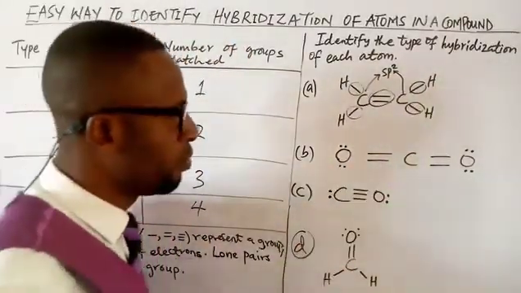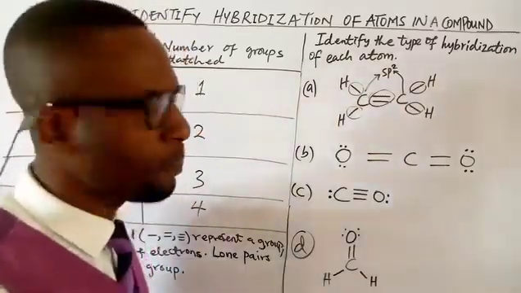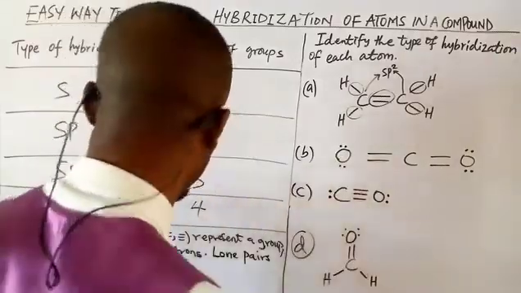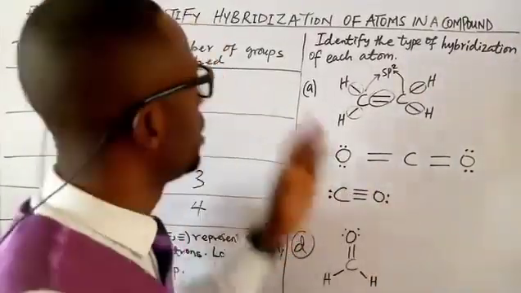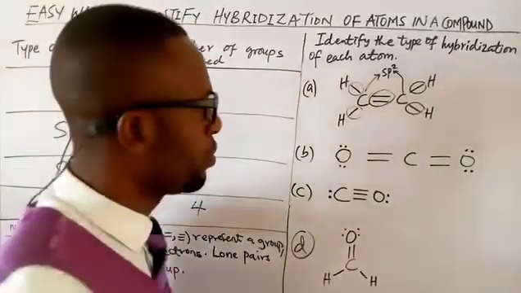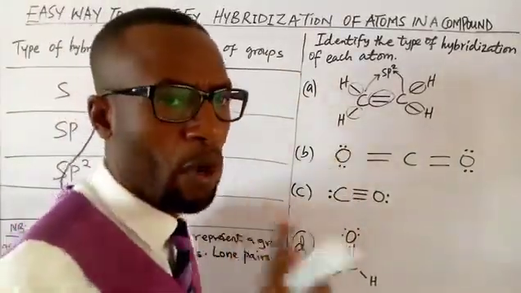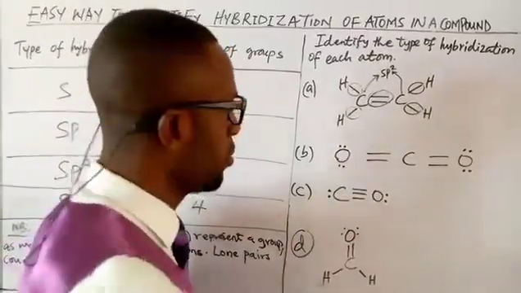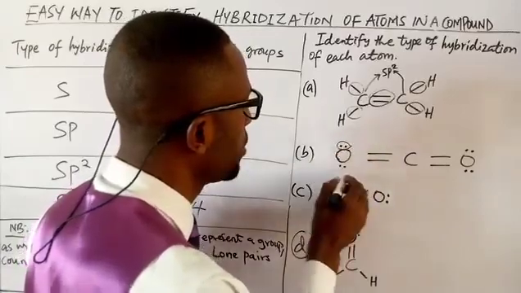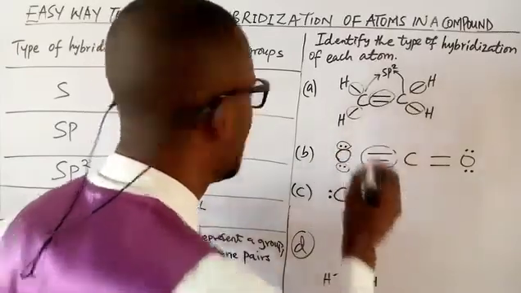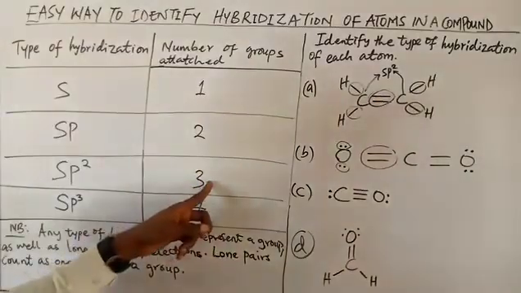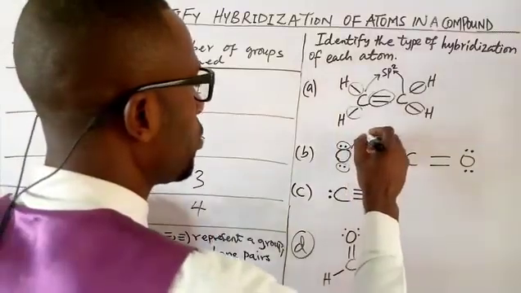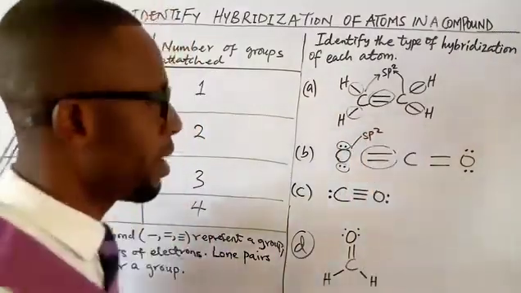Just like what we have here, carbon is also sp2 hybridized. Nice. For the second molecule, which is carbon dioxide, you discover that oxygen here has 2 lone pairs of electrons. And I've just told you that here, in using this model to identify hybridization of atoms, you treat those lone pairs as a bond or as a group. So to find the hybridization of this oxygen in this molecule, you count this as group 1, this is 2, and this is 3. And if you have 3 groups attached to the atom whose hybridization we want to identify, you know that that particular atom is sp2 hybridized.